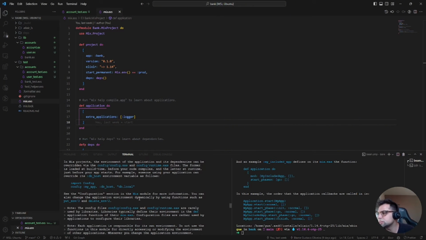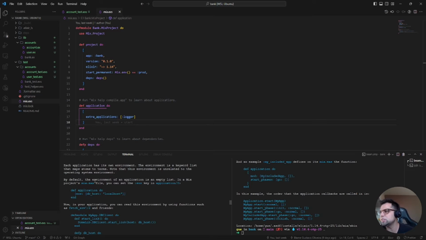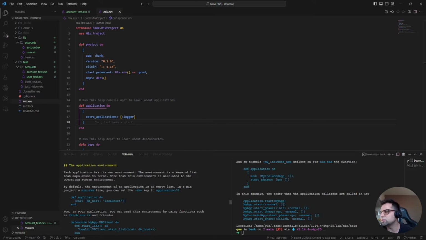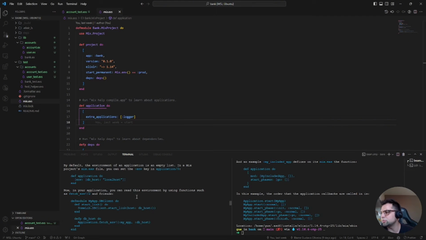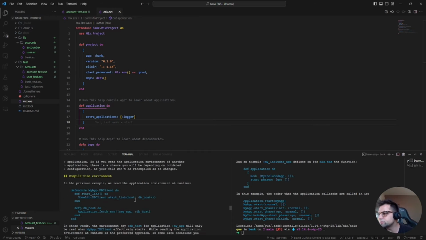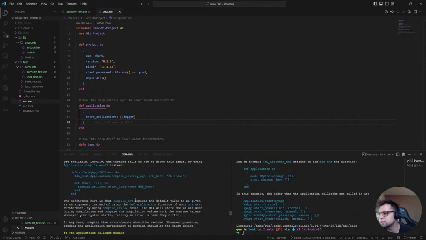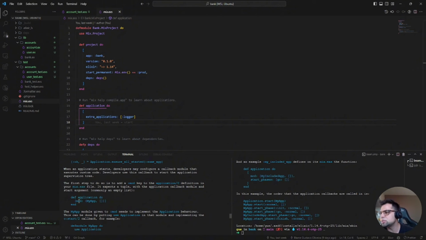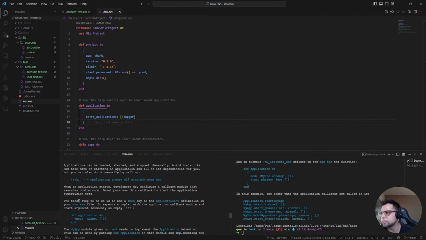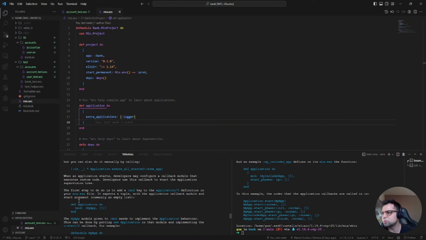The most important thing here is that, by default, the environment of an application is an empty list in a mix project, in the mix file. Now in your app you can read this environment by using functions, okay? But how we start is one of the things we need to be aware of, because when we need to start an application, it means we need to use the mod on our application,